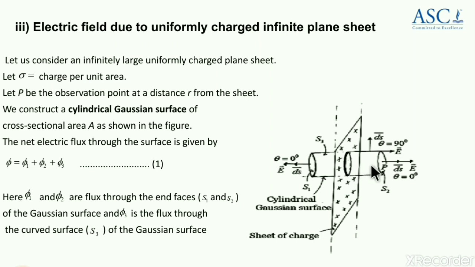See here, electric field lines are drawn in this direction from the positive charges. It moves away, as you know. For this surface, the perpendicular or normal to the surface is the ds vector, which is lying in the same direction. Hence theta between E and ds is 0. Similarly for ds and E vector for surface S2, the angle theta is again 0 because the electric field line from this face of the sheet is moving towards the left side. And ds normal to this surface will be in the same direction. So due to S1 and S2, theta between ds and E will be 0.